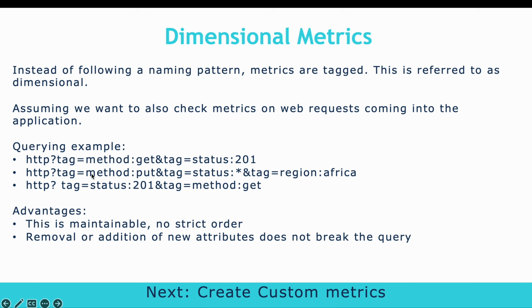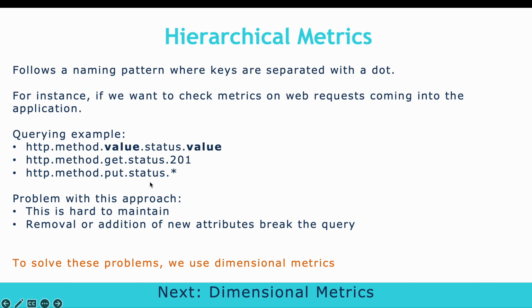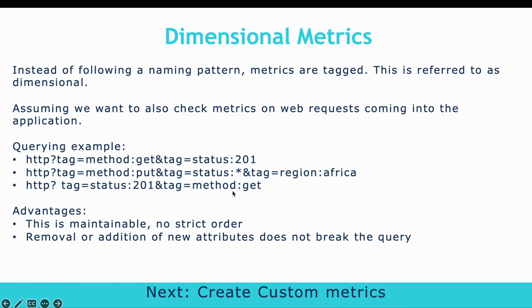Now if you remove an attribute, obviously you will have to update the query because it's no longer available for querying, which makes sense. But the problem with hierarchical metrics is adding things: if we add new things, the query breaks. Those are some of the issues we see with hierarchical metrics that dimensional metrics address. So in the next lectures, because this was just theory, we are going to focus on